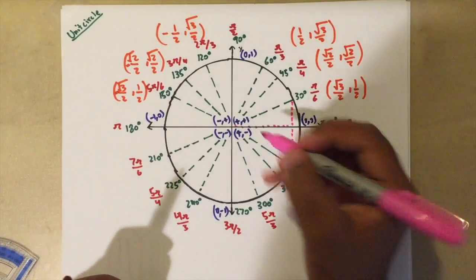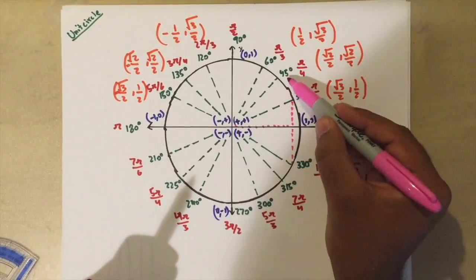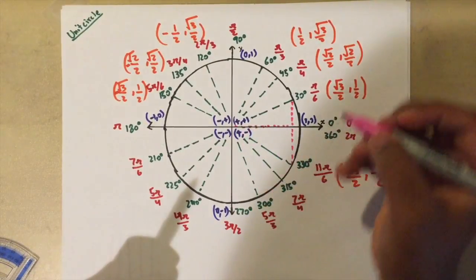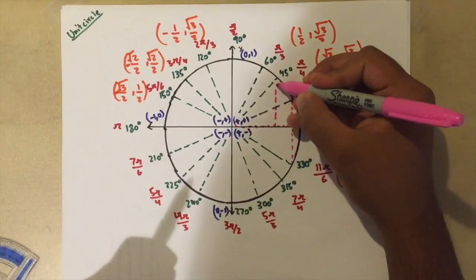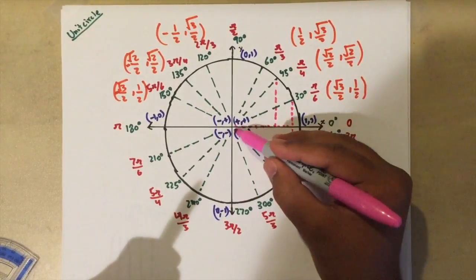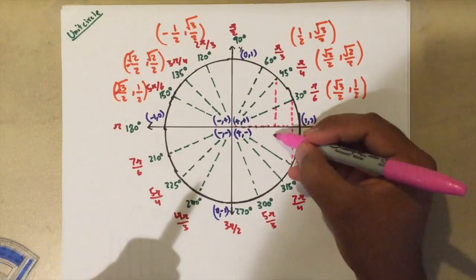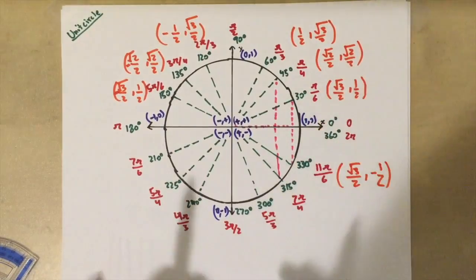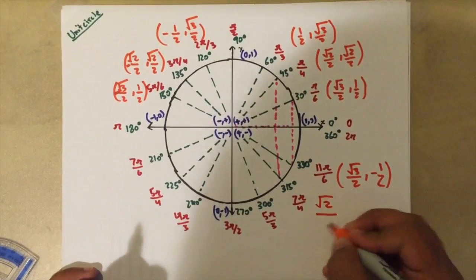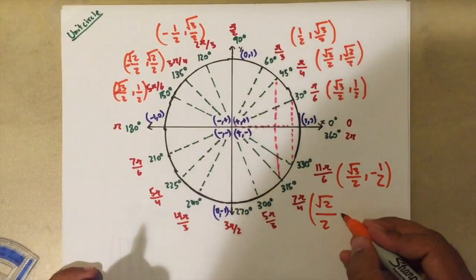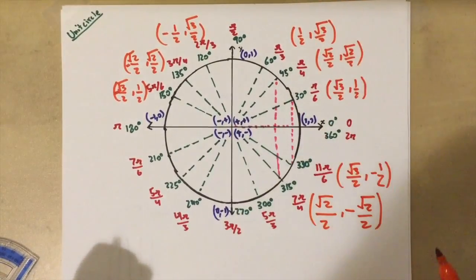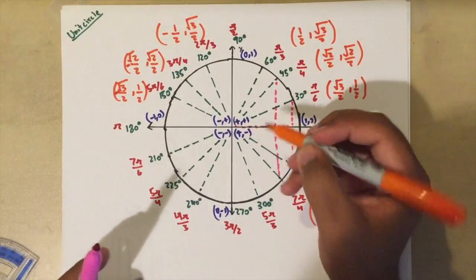And following that same thing here, for the 45-degree point, we're going to go this much outside, and we're going to go rad 2 over 2 up. For this point, we're going to go the same x value across, except we're going to go negative rad 2 over 2. So same x value right here, except negative rad 2 over 2 y value here. So basically following that logic,